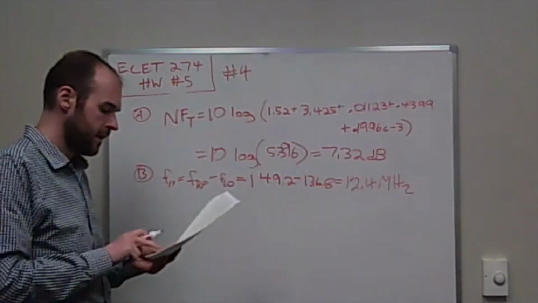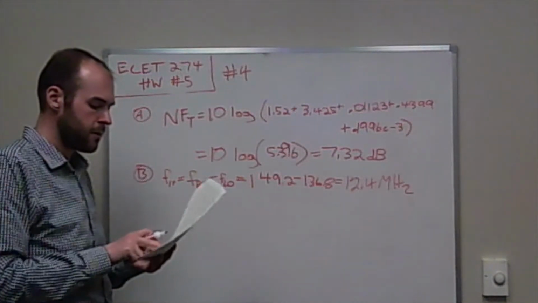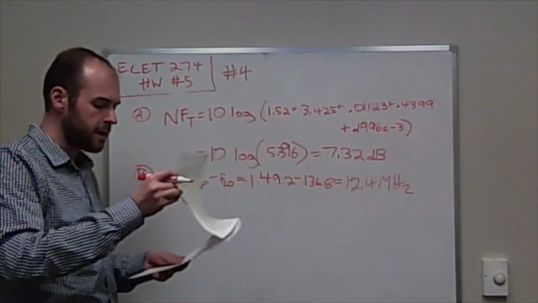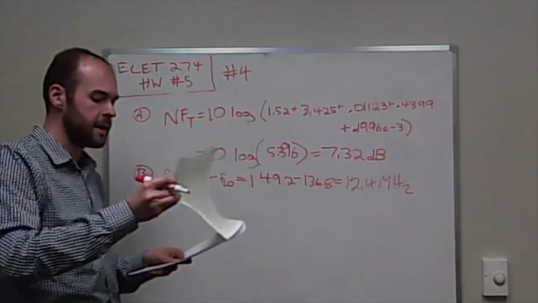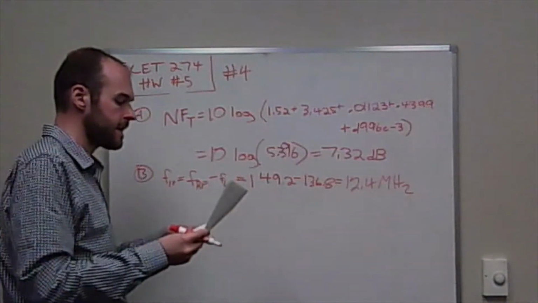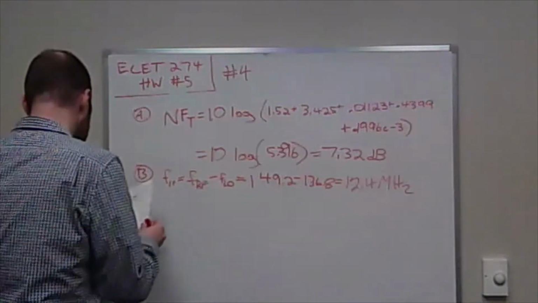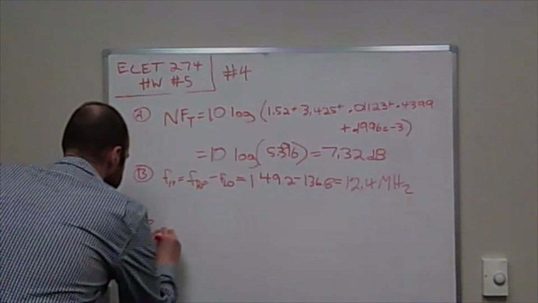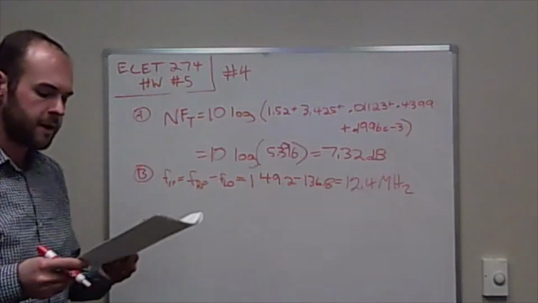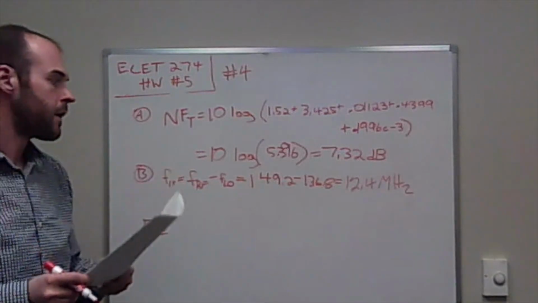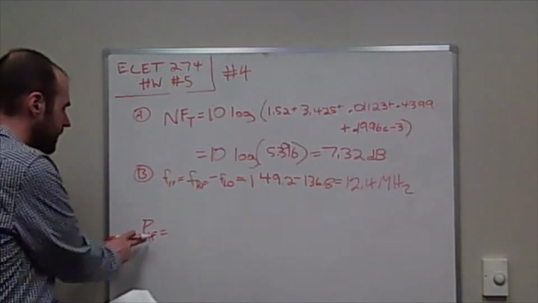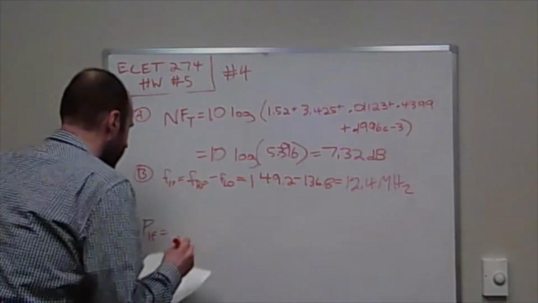So there will be 1, 2, 3, 4, 5, 6 total blocks that we have here, because you have the incoming signal and then 5 devices. So 6 total things added together to get your intermediate frequency. So make sure you convert everything to dB first, and then add those all together to finally find the IF power,